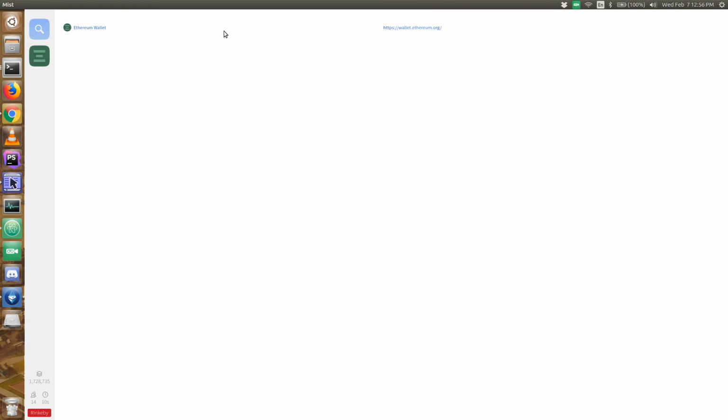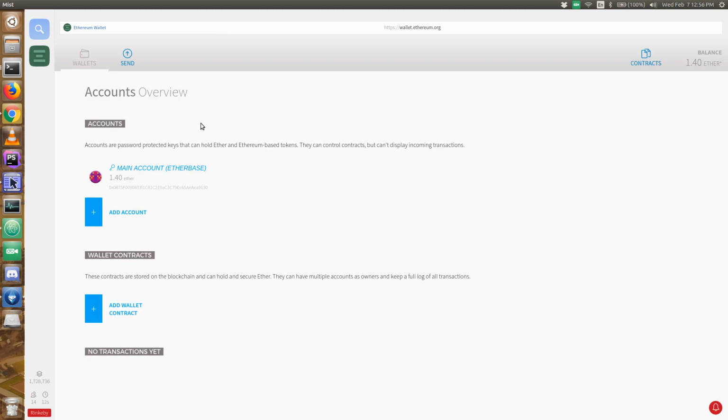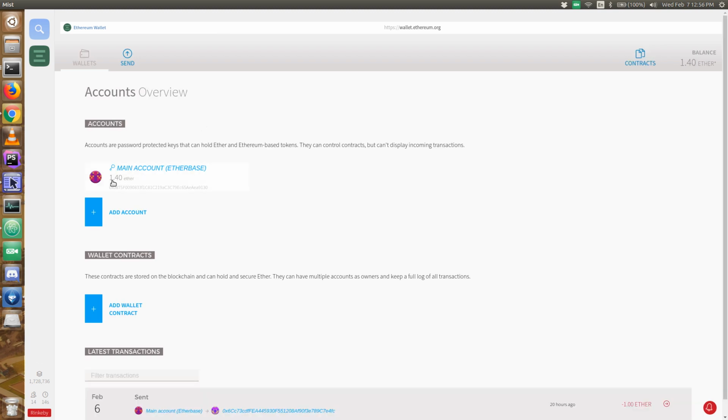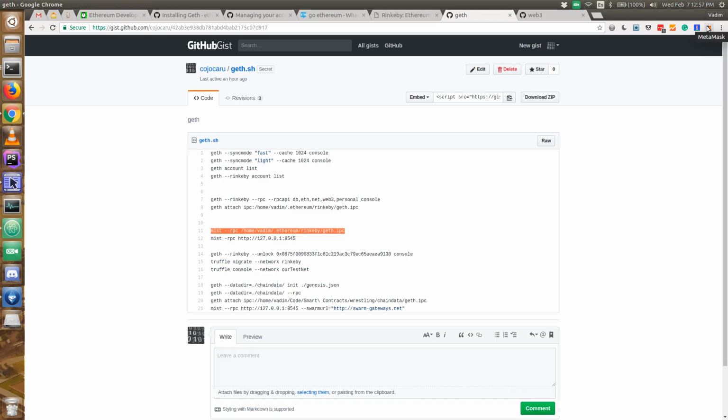With this we have a more user-friendly way to interact with our account and with the blockchain. Let's see what's going on. Yes, so you can see that I have this amount of Ether in my account. Let's try to send some Ether to this account. I have another account on Rinkeby testnet